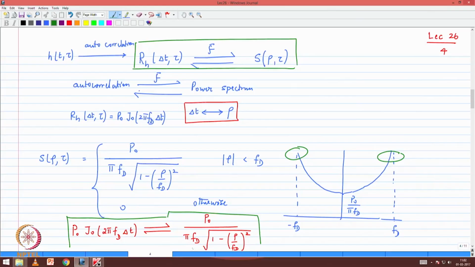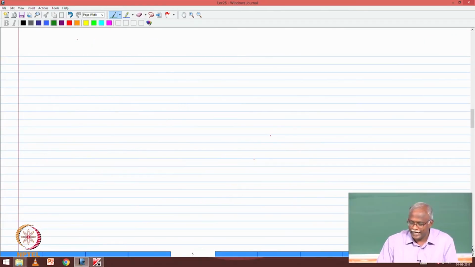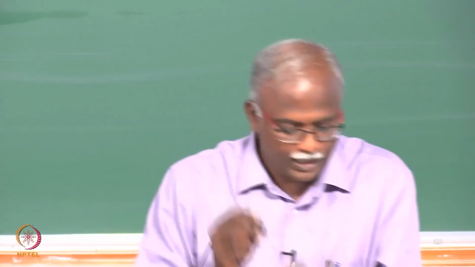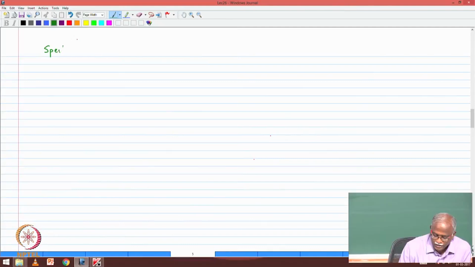Given that scenario, we also in the last class towards the end made a statement about the impact of such a channel. Let me just repeat that in case there was some doubt about that. Spectral broadening was the last concept that we touched upon. I'll restate the result, and hopefully that will be a good insight into what we are talking about. So we are going to consider a single tap channel.